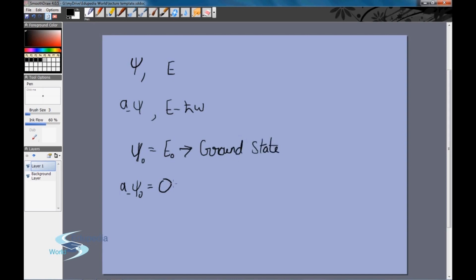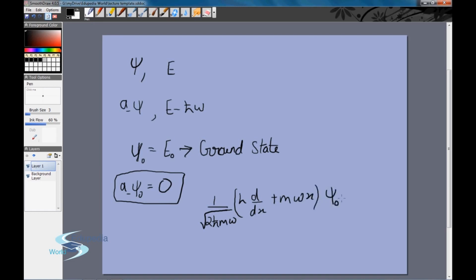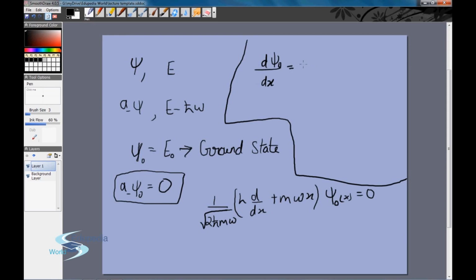And how do we find the value of the ground state? We use this equation, a minus psi equals 0. So what we have is 1 by root of 2 h m omega, and then we have iota p, so we have h d by dx plus m omega x times psi naught of x is equal to 0. And using this, we have to find out the value of psi naught. So this is quite simple. You can just use standard calculus, and what you'll get is d psi naught by dx is equal to minus m omega by h